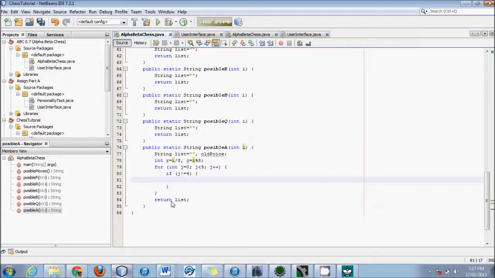Alright, so here's how we would write this. We would say another if statement here. If, and the way you would do lowercase is,